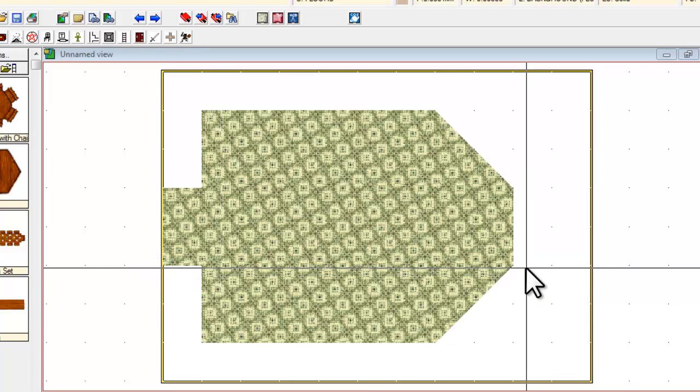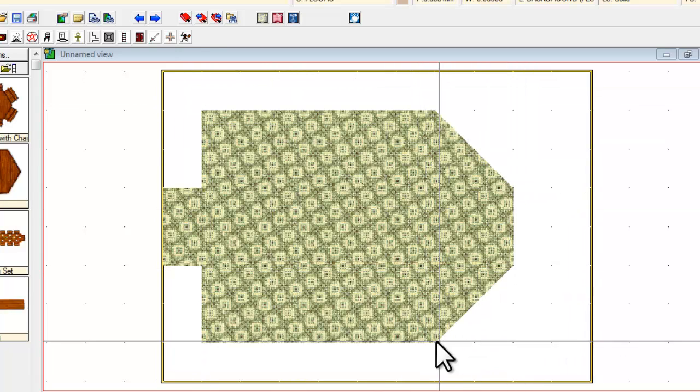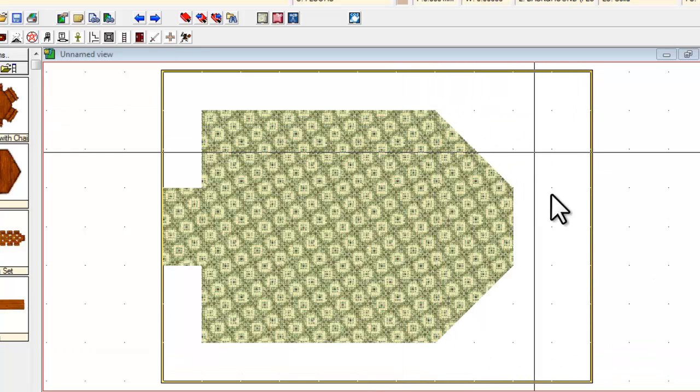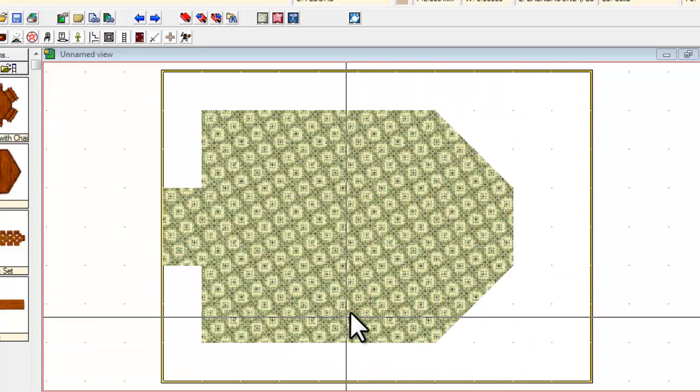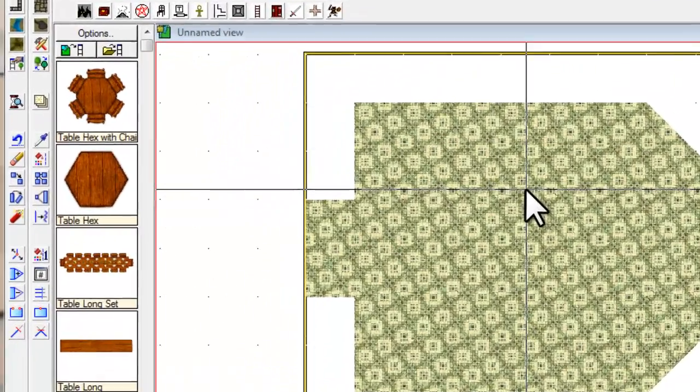Now that's great if I wanted a room that was just all straight walls and straight lines. But I'm going to show you a more advanced technique. I actually want to have this room, instead of being this straight line across here, I want it to have a lovely curved alcove where I'm going to place a statue. So clearly this style of drawing is not going to be sufficient for this type of room. Bear in mind, it's actually very useful for most rooms, but when you want to draw that something special,